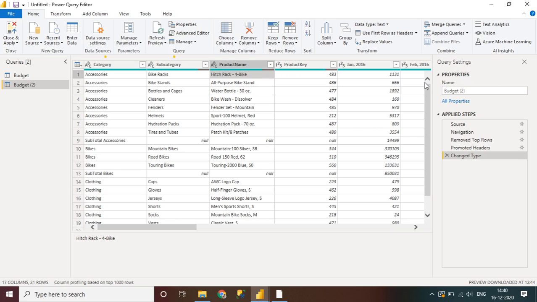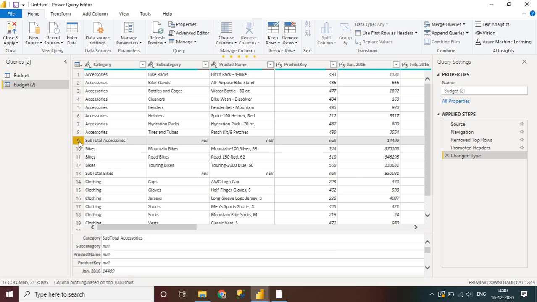We want to get the total budget spent on this bike in the month of January 2016. This is generated by the report itself once you have clean data. So this subtotal we do not need, we can create it while generating the reports. So what we need to do is get rid of these rows as well.